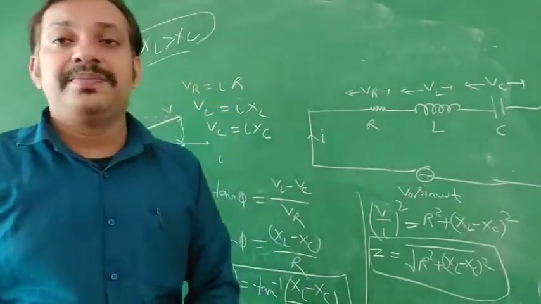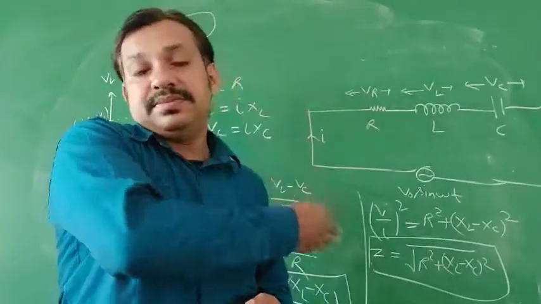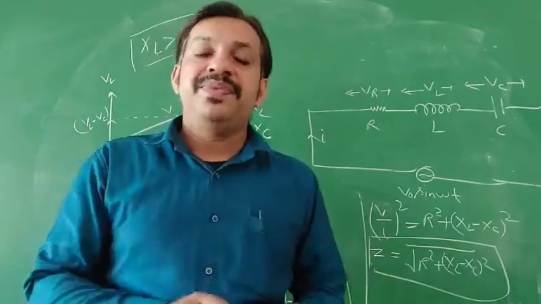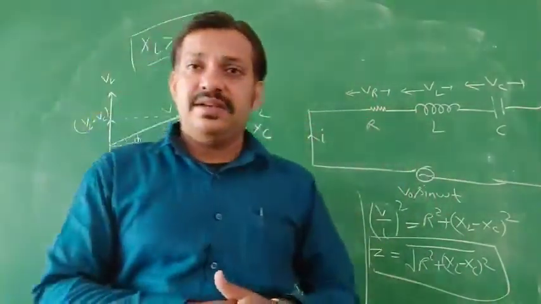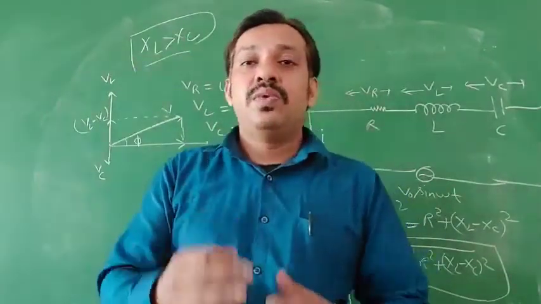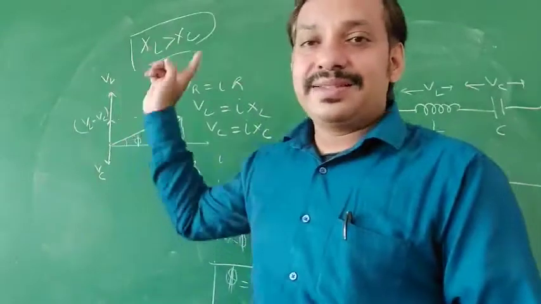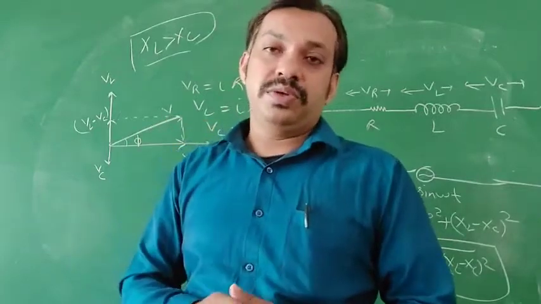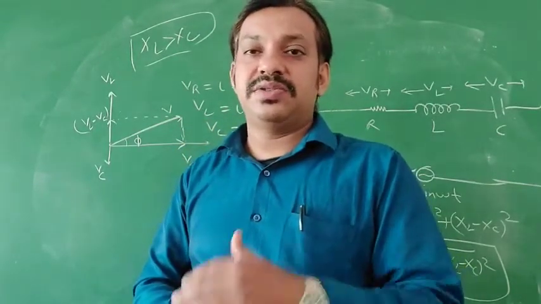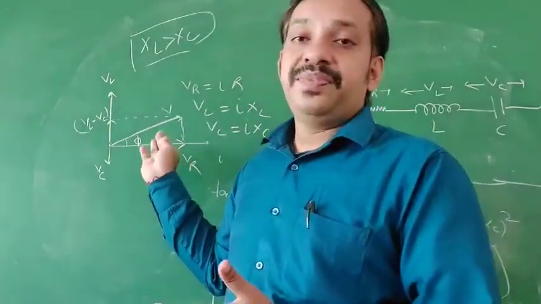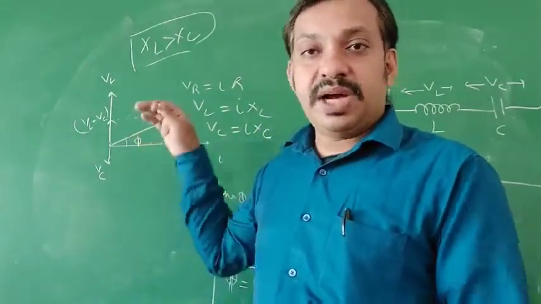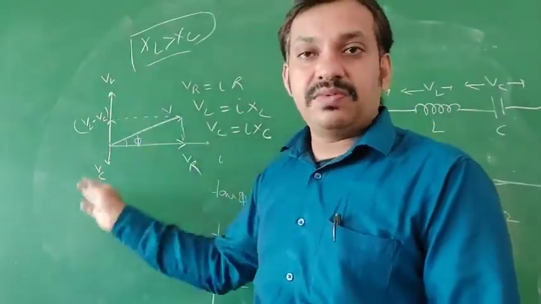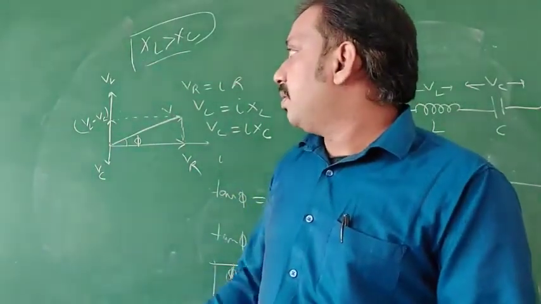So this question is often asked: when does the current lead in the LCR circuit and when does the voltage lead the current in the LCR circuit? It is quite simple. When XL is greater than XC, the voltage leads the current, and when XC is greater than XL, you will get the current leading the voltage. This is often asked as a 1 mark question, depending upon which vector is greater, VL or VC. So I hope this is clear.